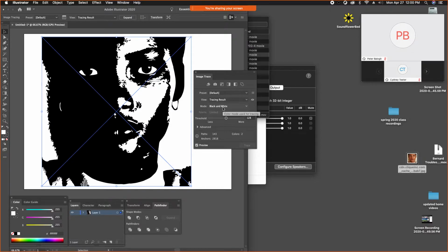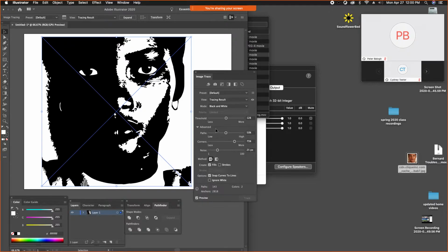So right now it's black and white. And as you can see, we have other options here. So realistically, if you're going for something really realistic, which I'd kind of think you'd probably want to avoid, you want to go with something more graphical. But if you did want to go more real,